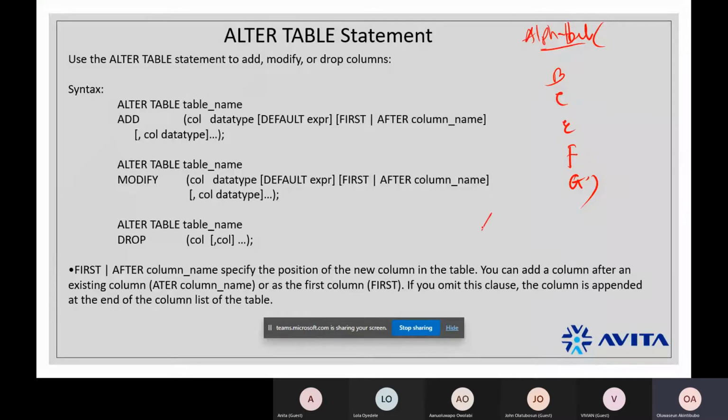Then I realized that, oh, I omitted A. Are you following me? I omitted A. What do I do? When I'm adding A through the alter table statement, remember we alter the table when we forget or when we want to add a new column. So I say alter table,